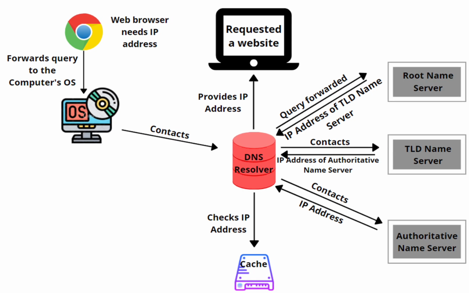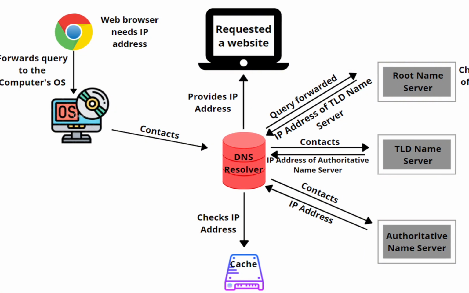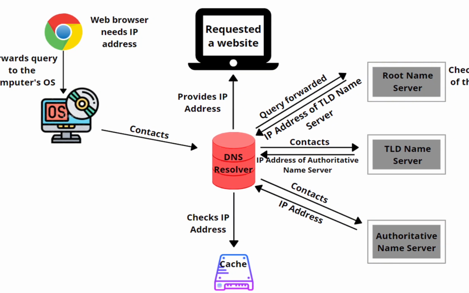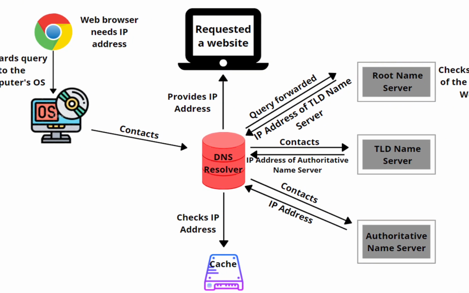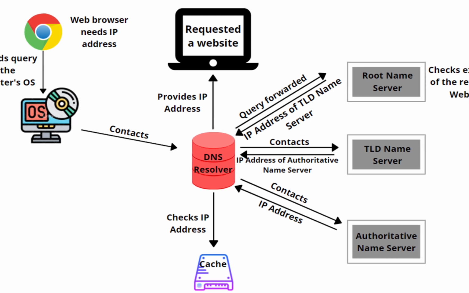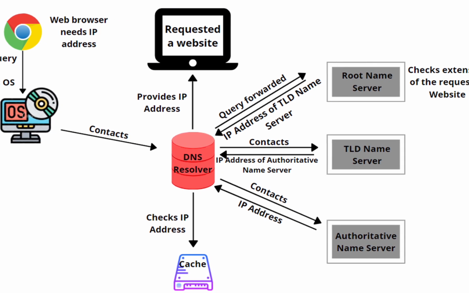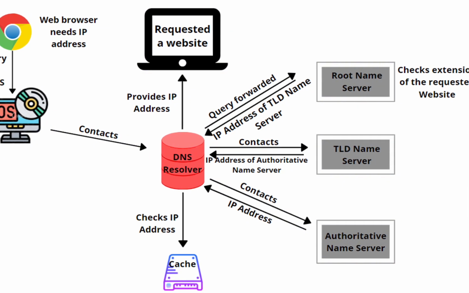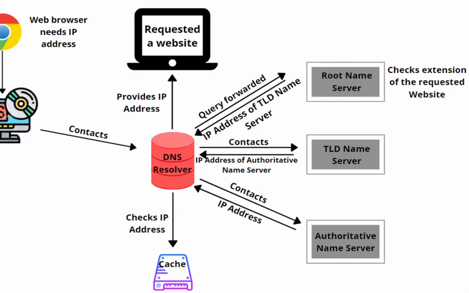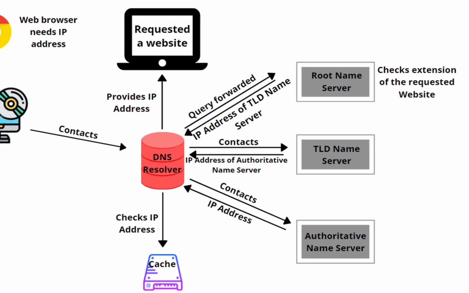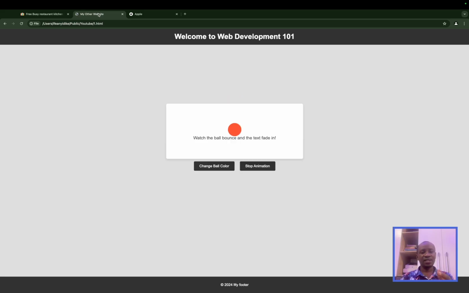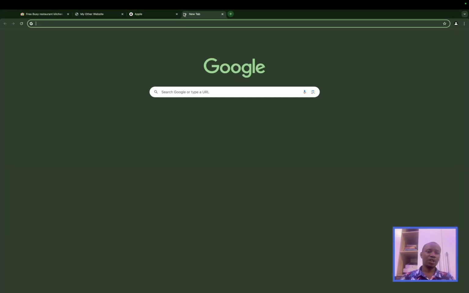When your browser asks the DNS for the IP address, the DNS goes through its registry and sees if the IP address for that website is available. And if the IP address is available, it sends the IP address to your browser. If it's not available, it talks to some other DNSs to see if they have the IP address. And if they have it, it sends it to your browser. And if there's no DNS with the IP address, for instance, if you come and type